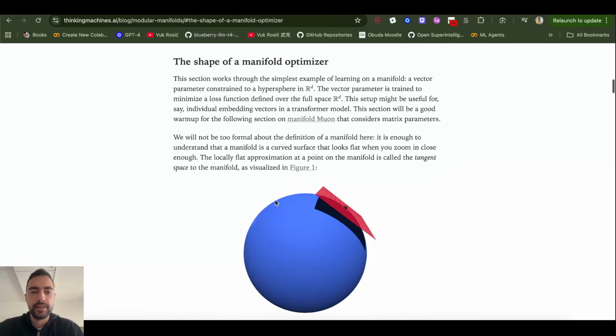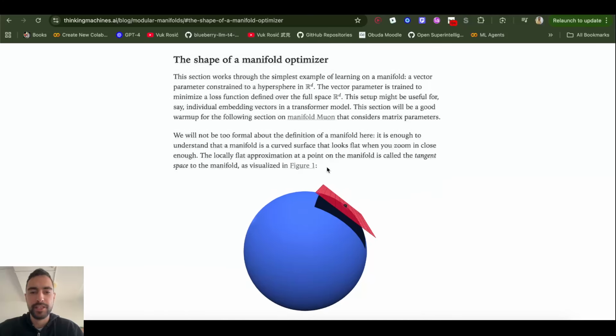So this simple example is actually not explaining that, it's just explaining what this manifold surface is. So in this case, let's imagine a sphere, and draw the center of the sphere and draw vectors such that they form a sphere and they're all unit length, equal length. And this is a 3D sphere, but it would work with any number of dimensions,